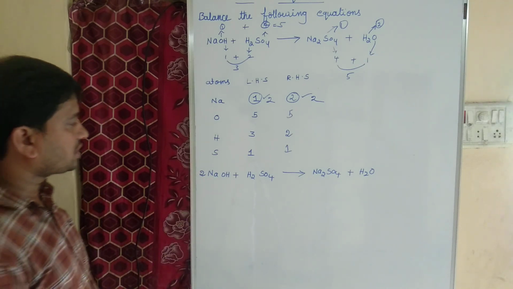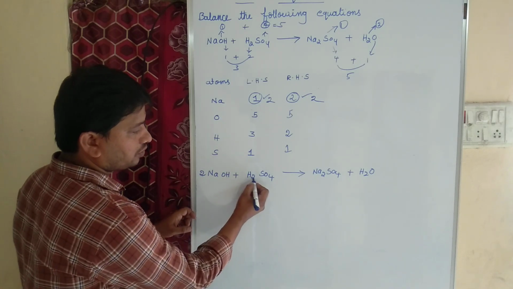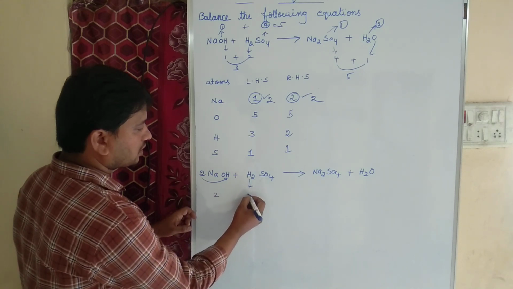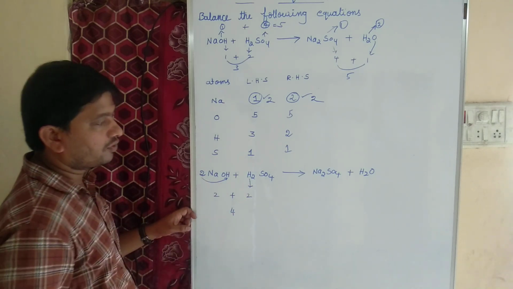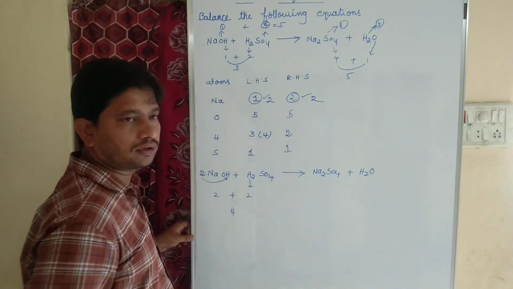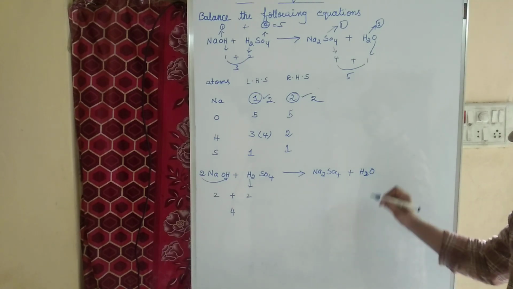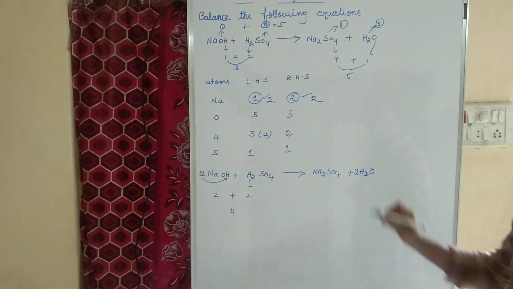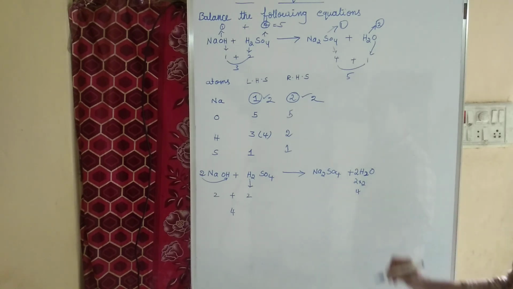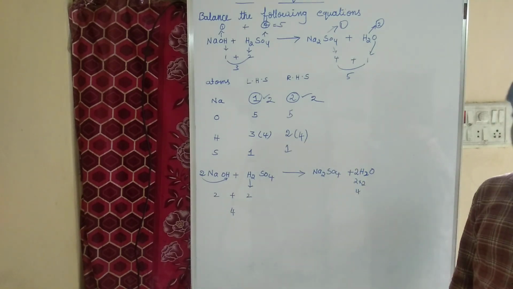Okay, now let me see first hydrogen. Here we have 2 hydrogens. Plus here we have 2 hydrogens. Total here 2 hydrogens and here 2 hydrogens. Total how many hydrogens it will become? 4 hydrogens. But it becomes 4 hydrogen over here. What about on LHS? On RHS we have only 2 atoms of hydrogen. For that reason, let me add 2 over here. Now this 2 into 2, it becomes 4 hydrogen atoms. Hydrogen got balanced.